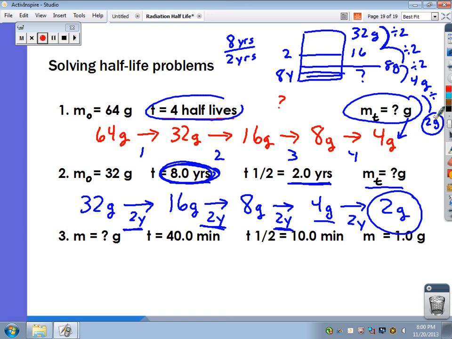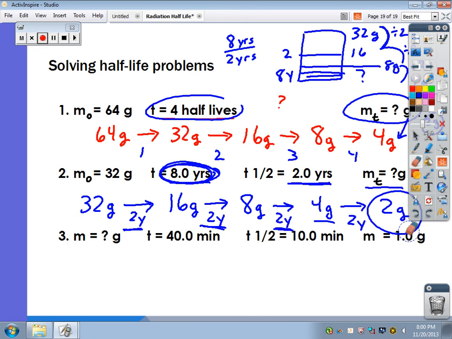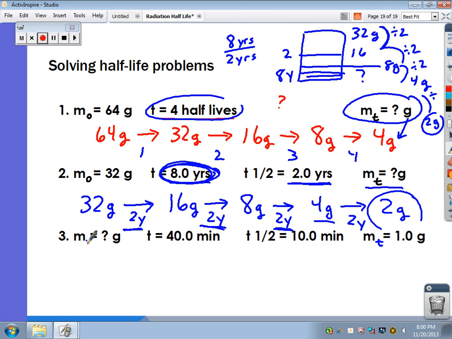Let's look at this last one. What are they saying here? They are saying that I have a mass at time t, sorry I didn't write that in, and I want to know the mass at time 0. So what do I know? I know I'm left with 1 gram. I know my half-life is 10 minutes, the time it takes to cut it in half, and my total time is 40 minutes. So that means 40 total minutes went by,